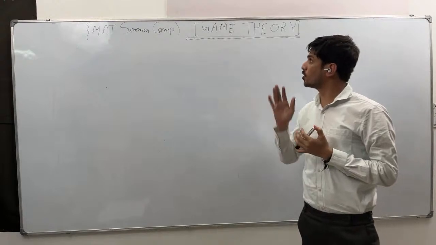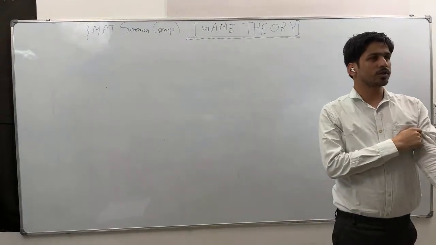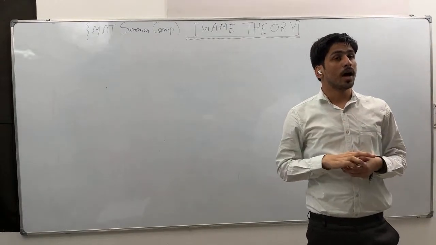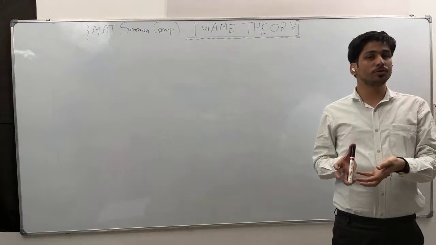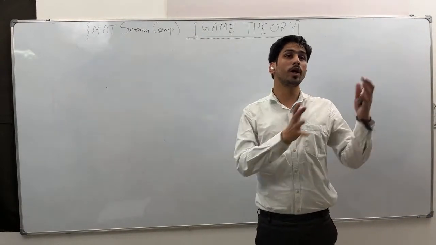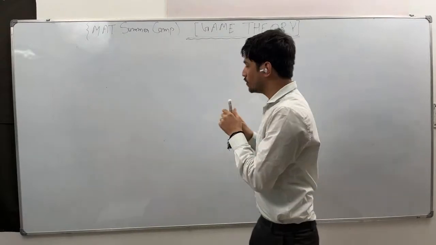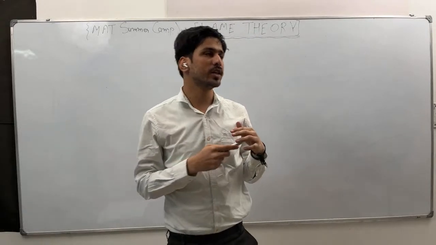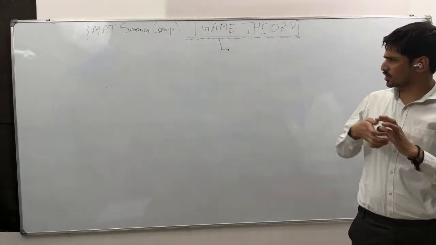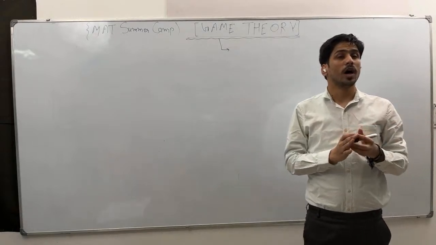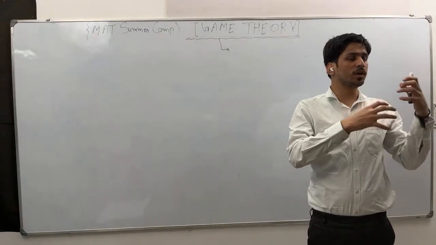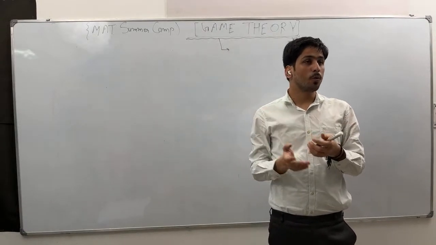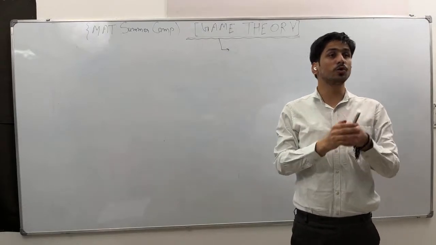So, in this session, we'll talk about game theory. Actually, game theory is all about strategy. Two players are playing some game, and the question is what strategies you should choose according to your opponent so that you have more winning chances? First of all, what is game theory? We can say it is the game of strategy, or the science of strategy. It's not maths, it's about how creatively you can think, so that if you are playing any game where two opponents are playing, according to the opponent's strategy, what strategy should you take so that you have more winning chances?